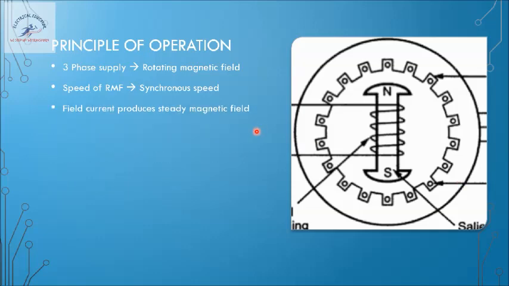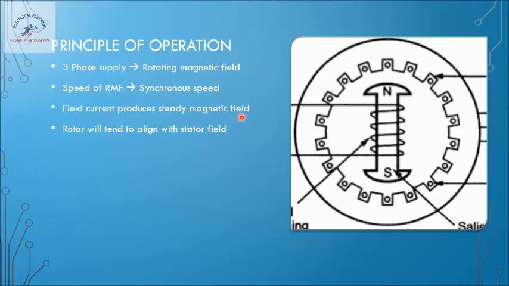Next, the field current is DC, so it is not varying with time. It is almost constant, so the magnetic field produced by the rotor is a steady magnetic field. So now we have two magnetic fields. The stator produces a rotating magnetic field and the rotor produces a steady magnetic field. Both will have polarities. We know the property of magnets, that like poles repel each other and unlike poles attract each other. Now there is a magnetic field rotating on the stator periphery and a magnetic field stationary in the rotor periphery.